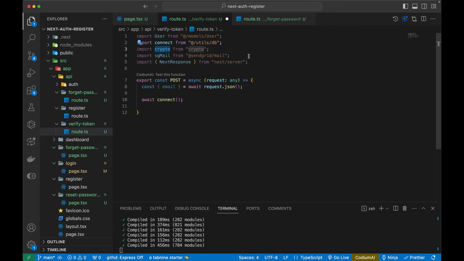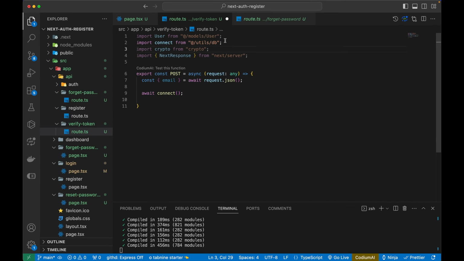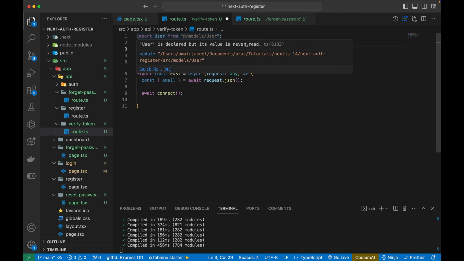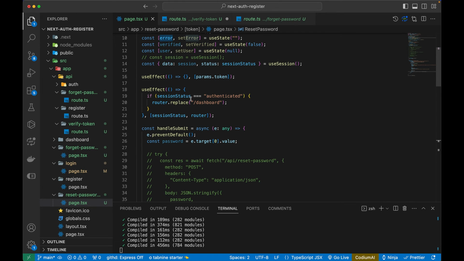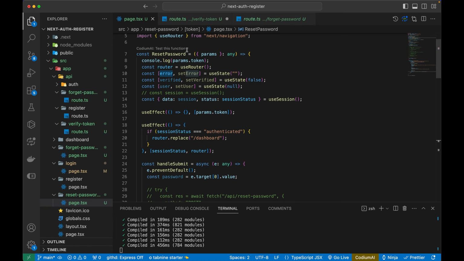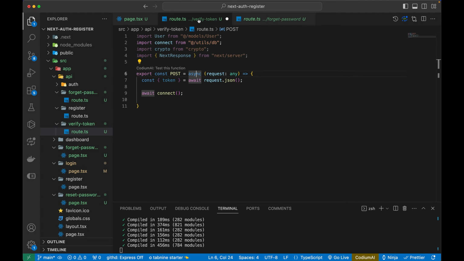We need the crypto. We don't need to send an email here. We need NextResponse. We need connect. We need user. Okay. So here I will be passing the token from the client side, from this reset password useEffect. This is the client and this is the server side code. This is what you need to understand because we are inside the API folder. All right, so once the DB is connected,